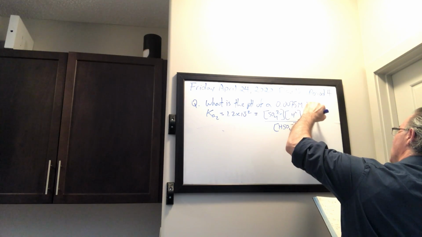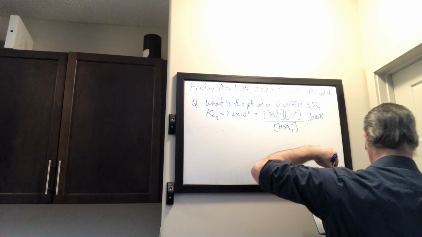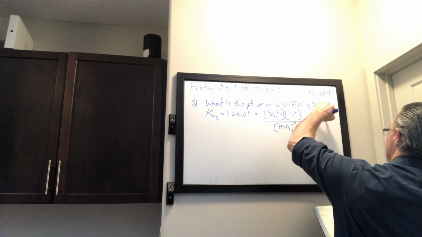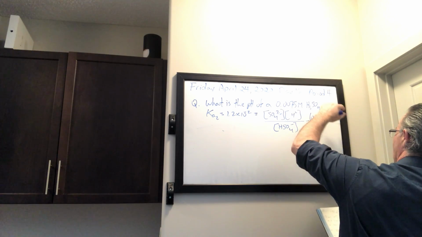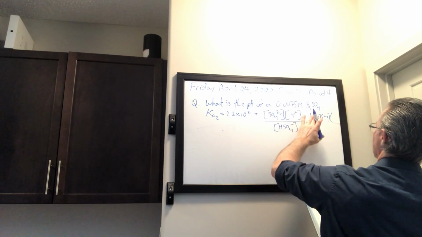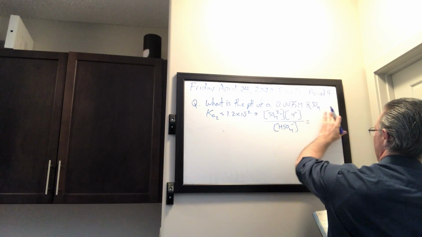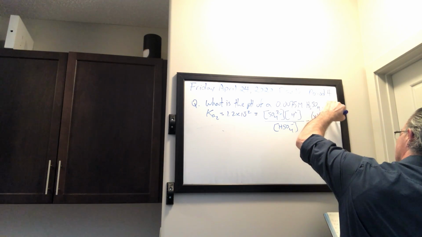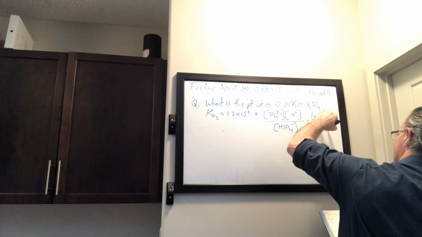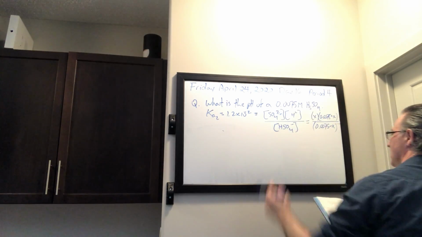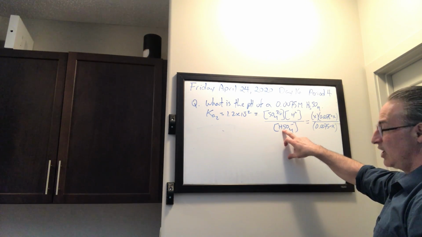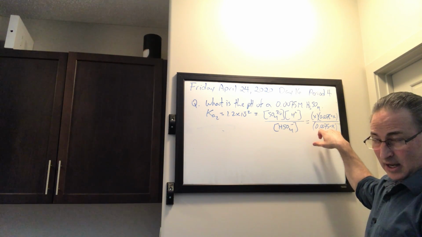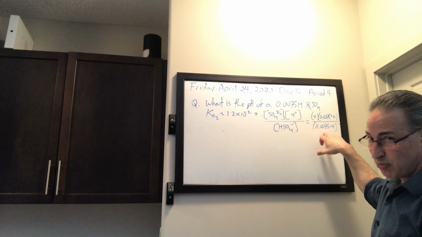You'll get 0.0075 plus X for the H plus concentration. I should write the sulfate concentration first because that's how it appears in the equation. So X times 0.0075 plus X all over 0.0075 minus X, because that bisulfate ion concentration, due to the first dissociation being 100%, will be exactly the same concentration as the sulfuric acid, the H2SO4, before you put it in